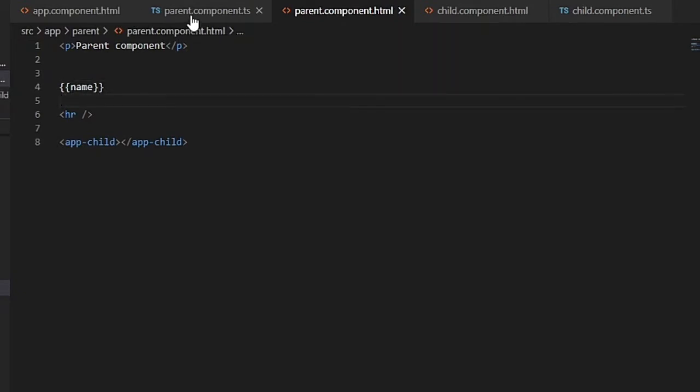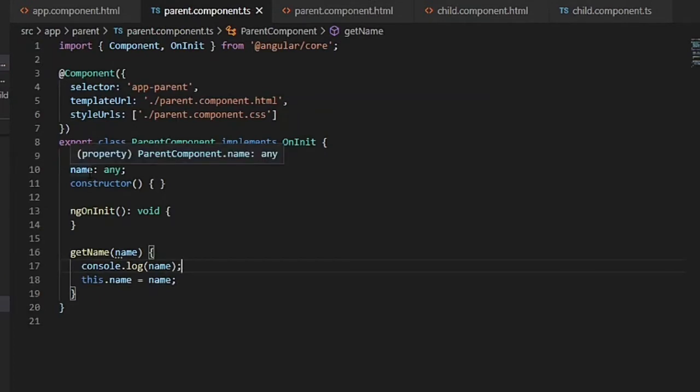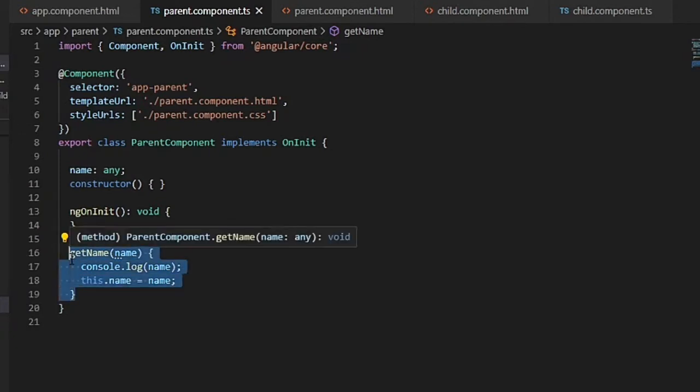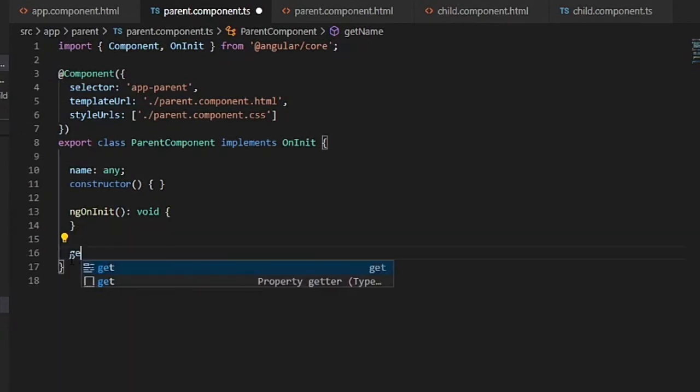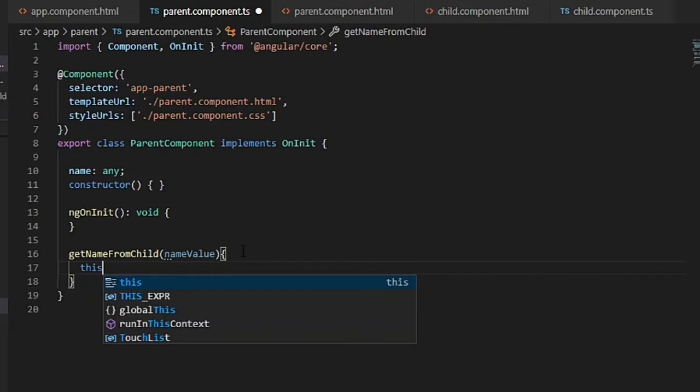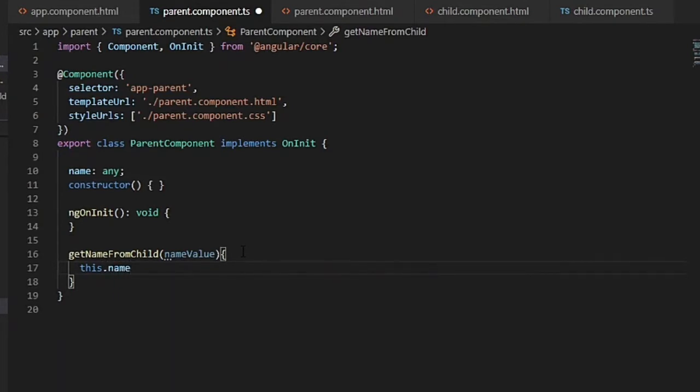We have already defined the name property in the parent component, and we define a method in the parent component like getNameFromChild, which takes the name value, and here you can assign the name property with the name value.